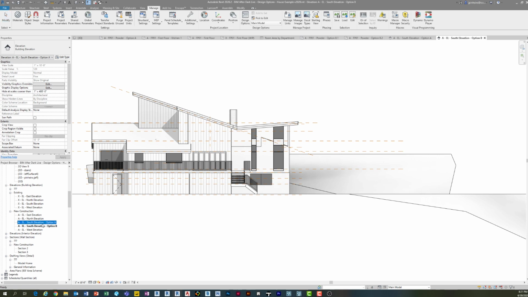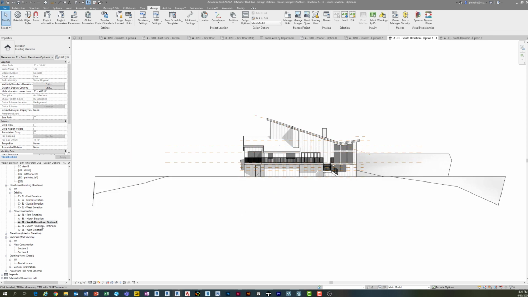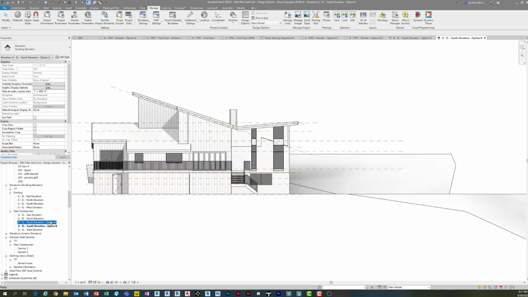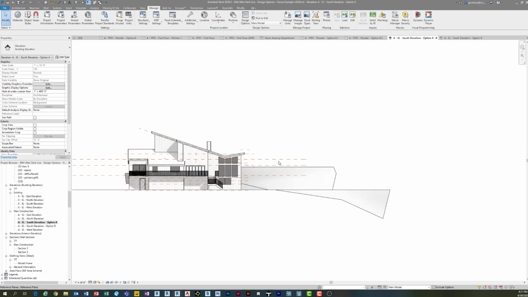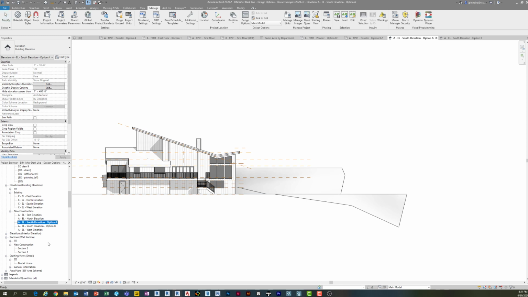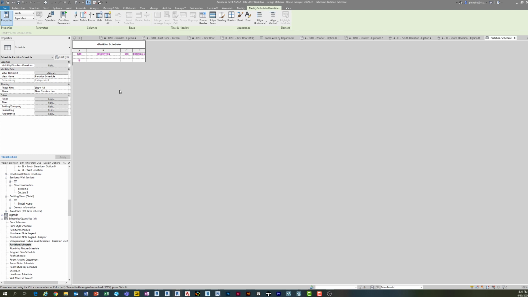Right, so there's option A and there's option B, I think. Yeah. So basically just the center of this butterfly slides up the roof is what happened there. And then as far as schedules are concerned, you're going to need, so if this is my partition schedule,